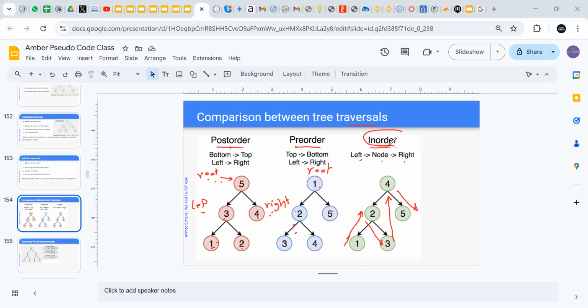In order is very popular in address books. So if you want to organize something in an address book or a contact list, then you need to use in order. That helps you